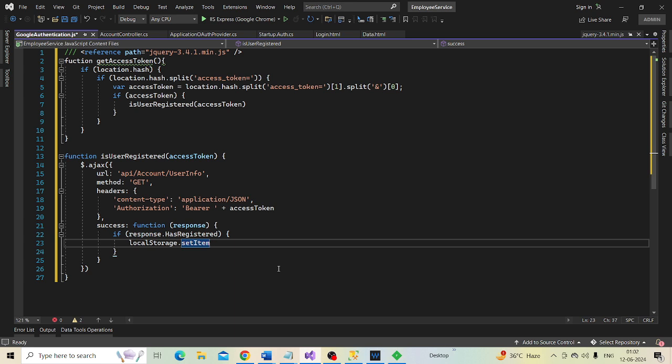So local storage dot set item, let's use the key access token.